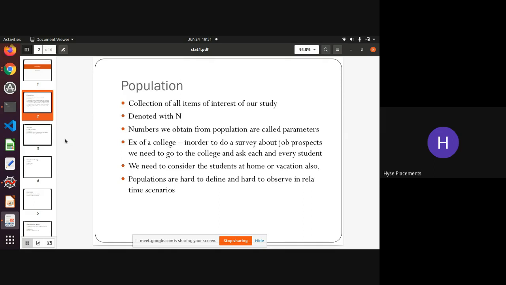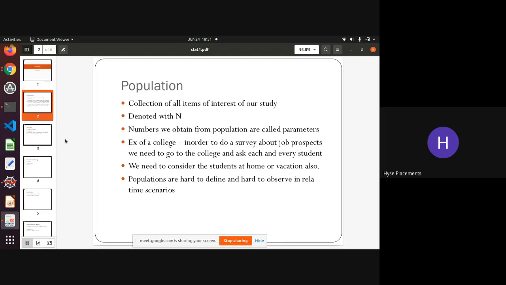In order to have a clear understanding, they go to each and every student and ask how many of them are placed, in which company they are placed, and what questions they were asked in the interview and how tough the interview was. So these are all the insights the interviewer is gathering from the college students,